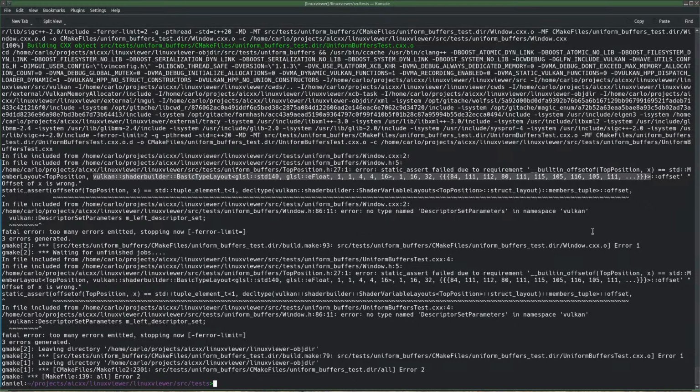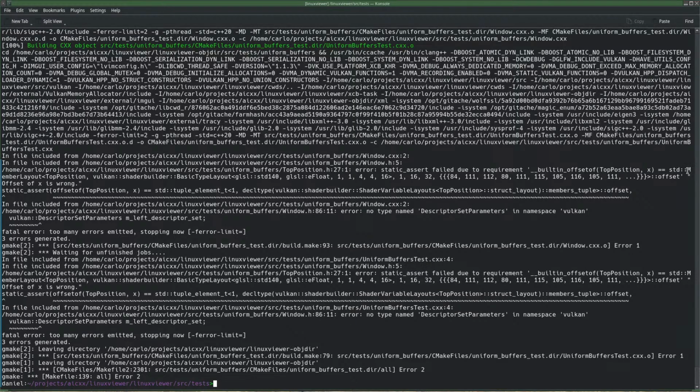What would that be? Well, the basic type doesn't contain an offset. This maybe. Or it belongs to member layout. That could be. Let me have a look at the member layout. Why the hell does it say STD member layout? That's nonsense.